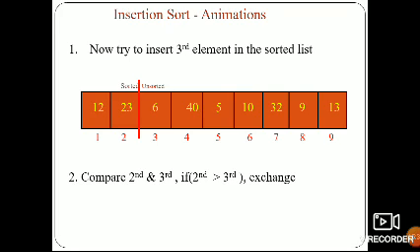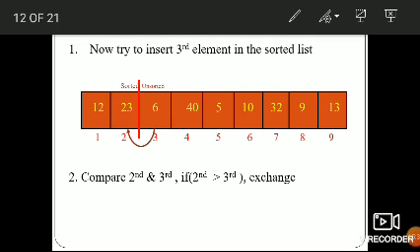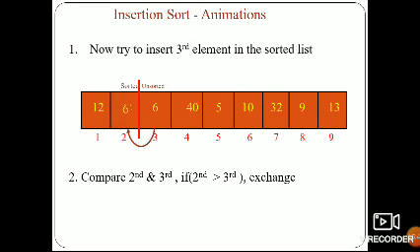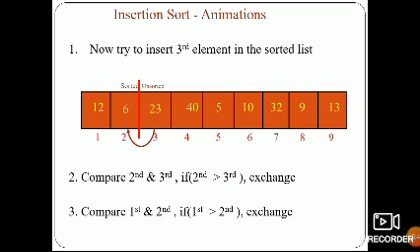While exchanging, some rules we have to follow. And compare 1 and 2 also. Again, 12 is greater than 6, so 6 has to be sorted. This has to be swapped.